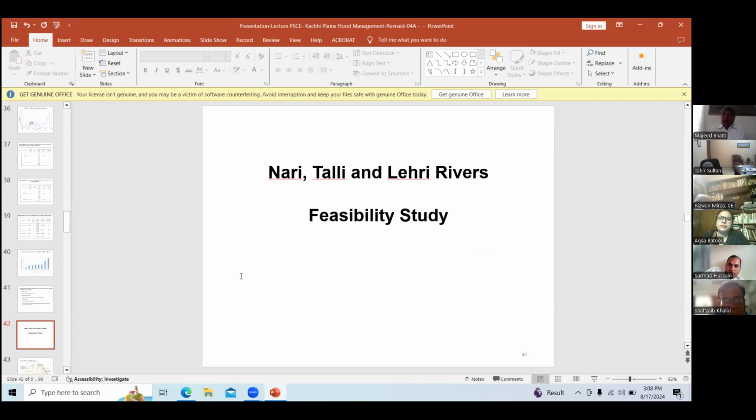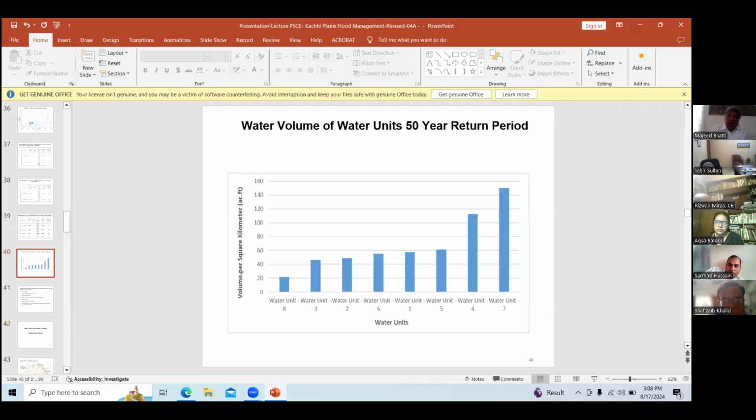But if you go to the next, in water unit 7 you see that the highest volume of water is available. In this area, there are 3 rivers that run through, which have a numerous number of tributaries contributing to these rivers.